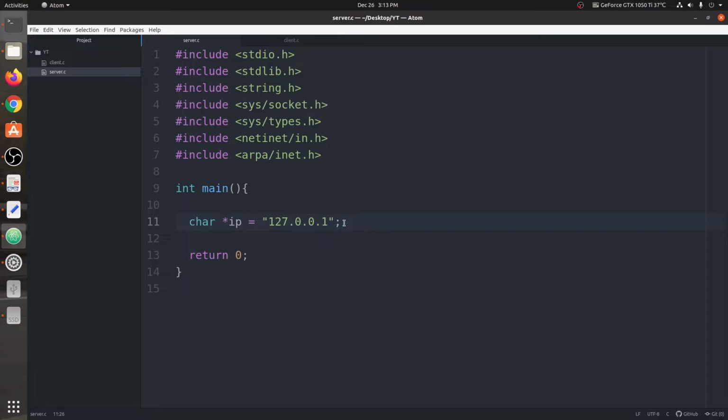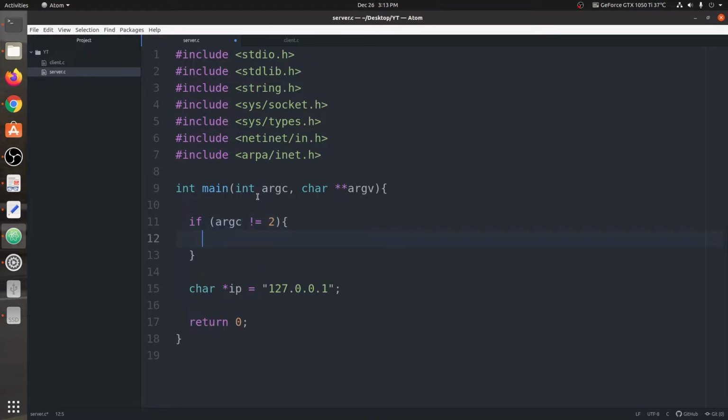Now we're going to need the port. What I'm going to do here is take the port dynamically as a system argument. Then we have a character pointer to pointer, argv. I'm going to implement something here: if argc, its length, is not equal to 2, then we're going to print a message.